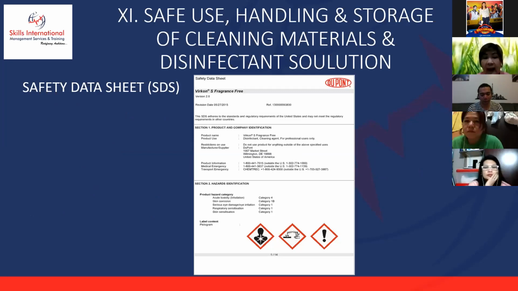It is written the same way in all of them, so if you look for Virkon or Dettol, they have it like this. And what are those precautionary measures? Like number one in the prevention section in that picture: why is it there? Like in the lungs, either it is an irritant or it can cause something